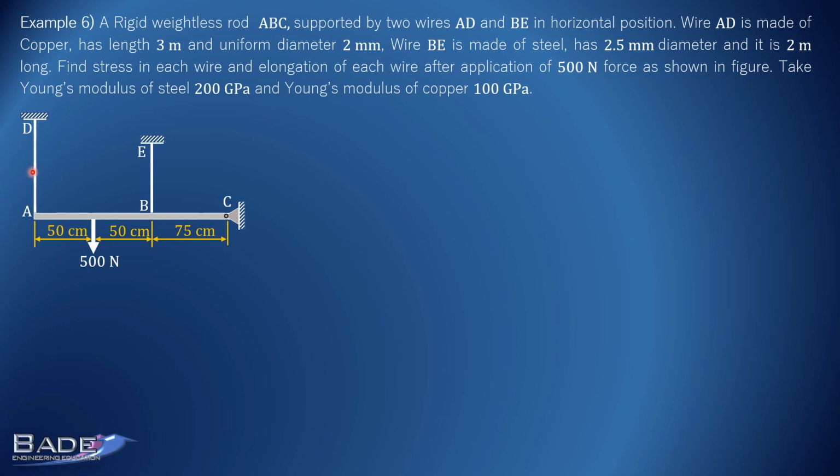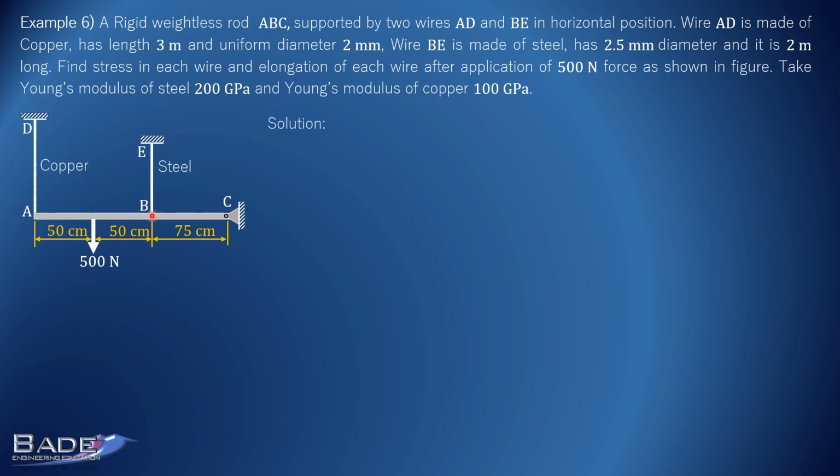So how much is the load on these two wires? That is, how much is the tension in wire AD and tension in wire BE? We'll have to find out. So how to solve the problem? To find loads or to relate loads in these two members, use the condition of equilibrium, and then using the geometry of the diagram, deformation. This is our approach. How do we use this approach here? Try to understand.